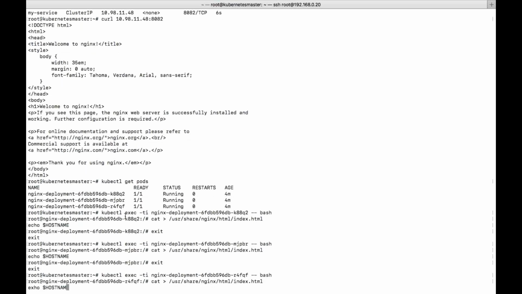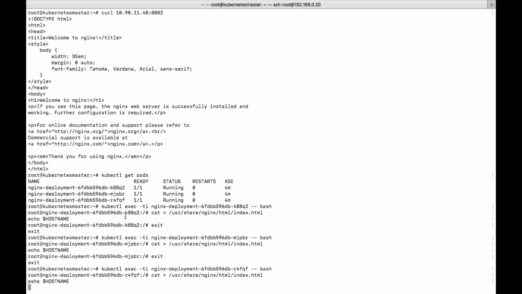So let's exit from this, and now let us use the curl command.